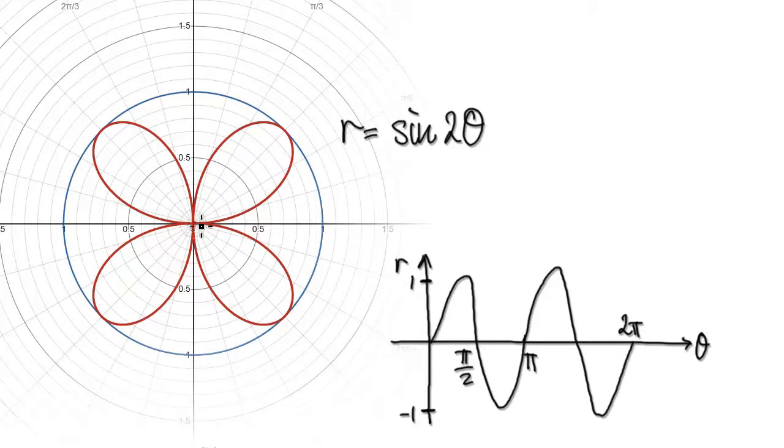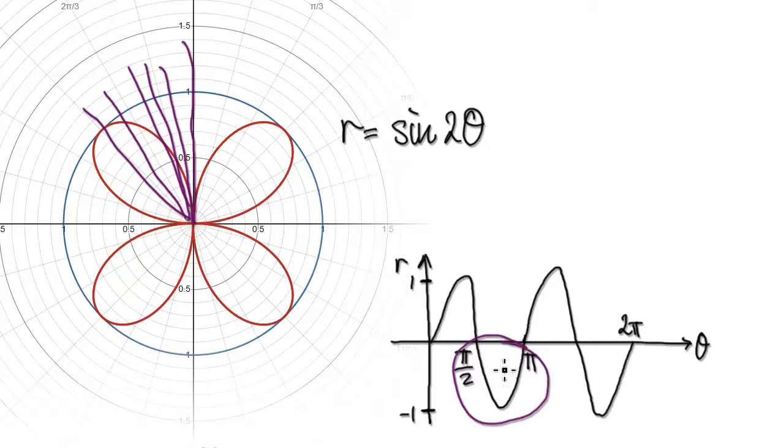But as you go beyond 90 degrees, the radius is actually negative. You're in this region here. The radius is negative. So by the time you get to 3 pi over 2, your radius is actually negative, so you're actually pointing in this direction. So if you continue around,